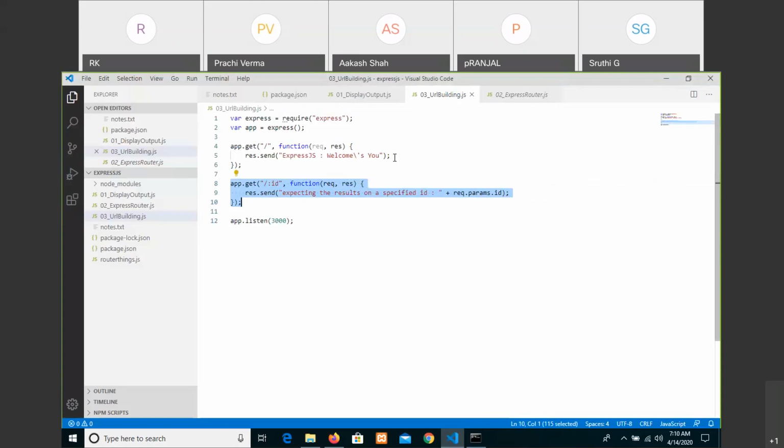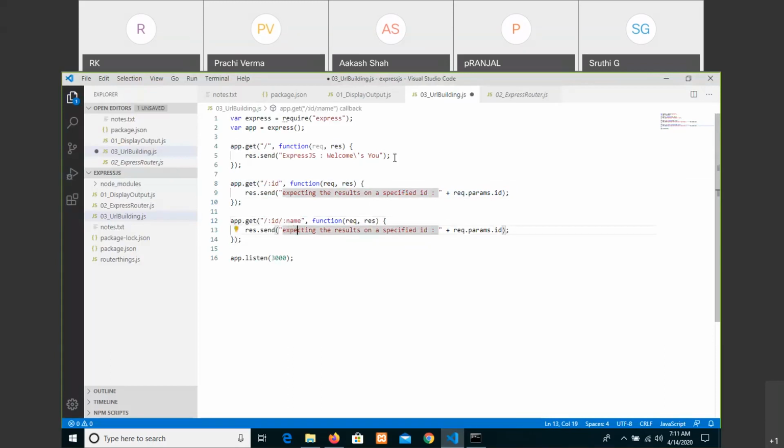If I want ID, along with that you are expecting something, a name also. So expecting the results on a specific ID and show the product name or something else.